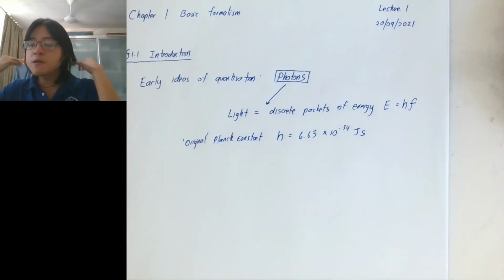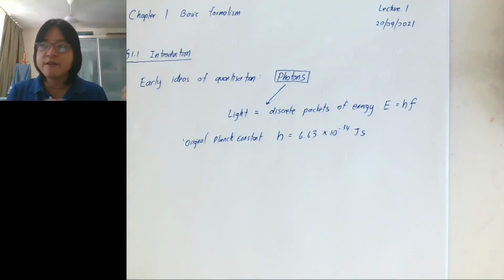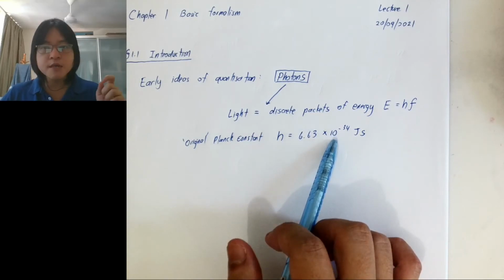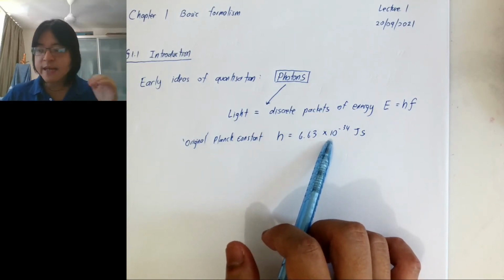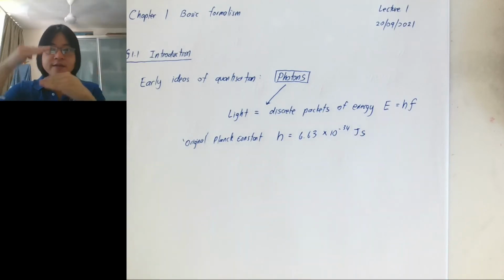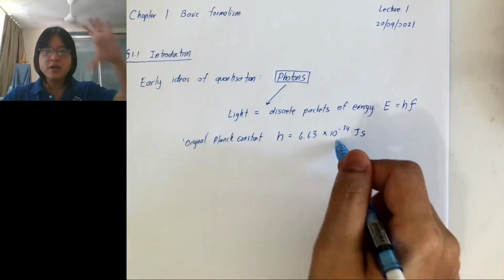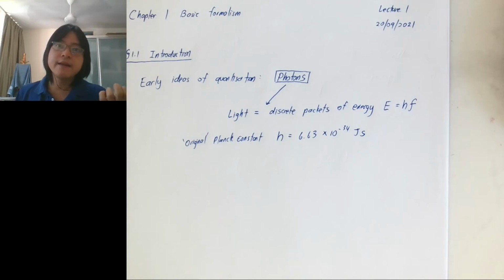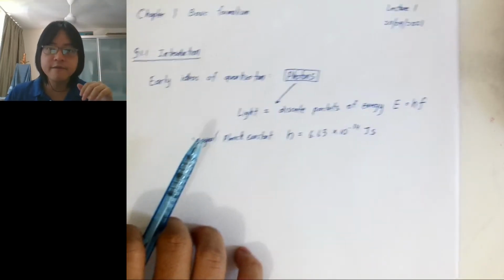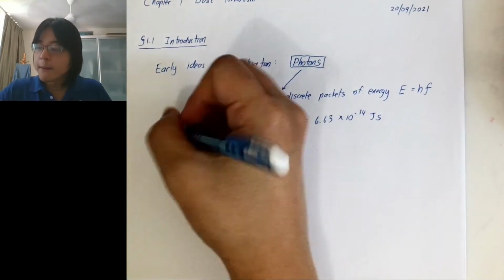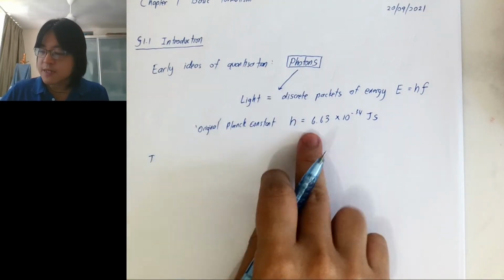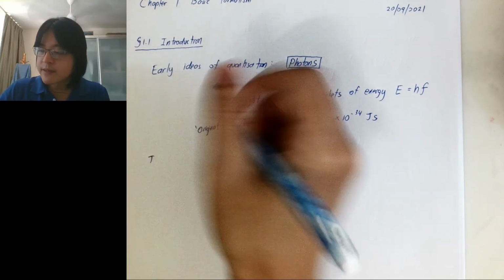So the reason why we did not notice quantization for most of our history until recently is because it's a small number. You only need very precise technology to be able to detect the discreteness. Otherwise, you can only detect huge chunks of energy, so it doesn't appear quantized at large scale. But if you look at atomic scales, then it's quantized. So quantum mechanics is important for atomic scales. But in this course, this is an important number, but we don't actually use this number. We use another number that is divided by 2 pi.